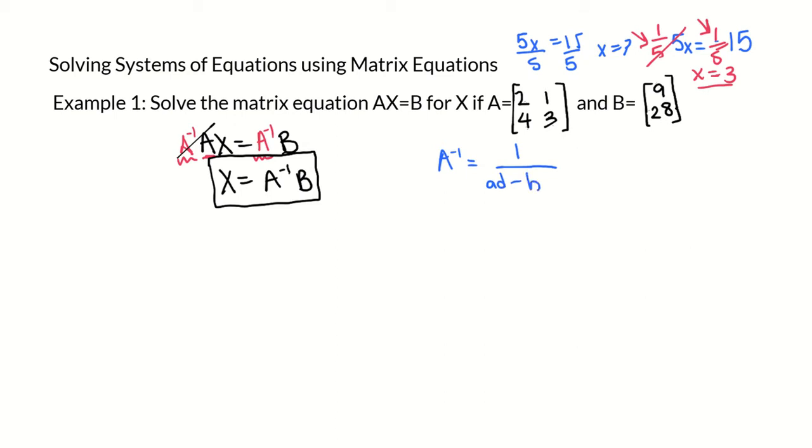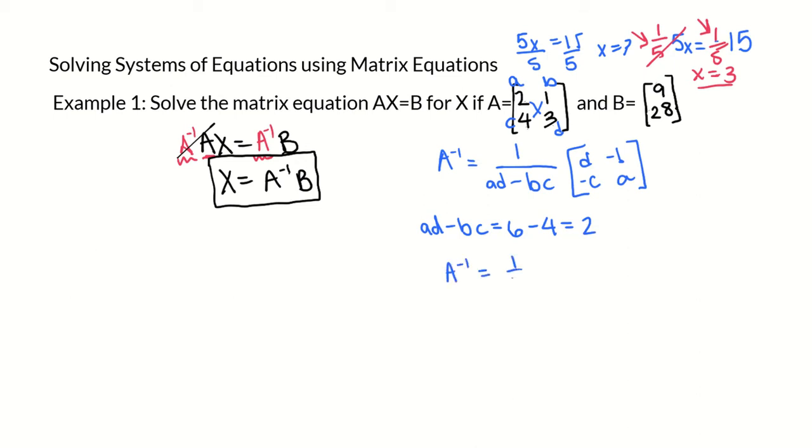We can do that using the equation, although there are other methods, which is that A inverse equals 1 over AD minus BC, multiplied by the matrix [D, opposite B; opposite C, A], with the opposite signs along the left diagonal. For our matrix, A is 2, B is 1, C is 4, and D is 3. So we first find AD minus BC using those numbers, which would be 2 times 3, which is 6, minus 4 times 1, which is 4. So AD minus BC is 2. And we get that A inverse is 1 over 2